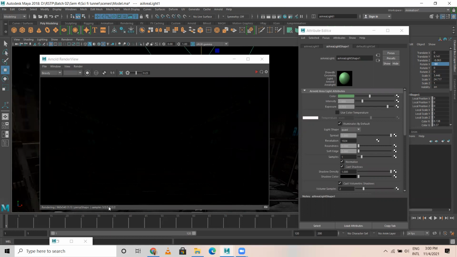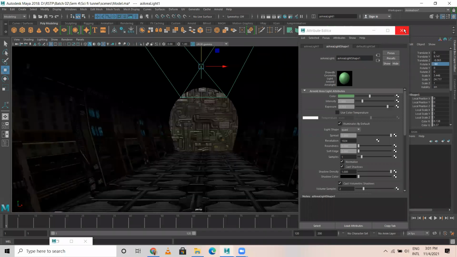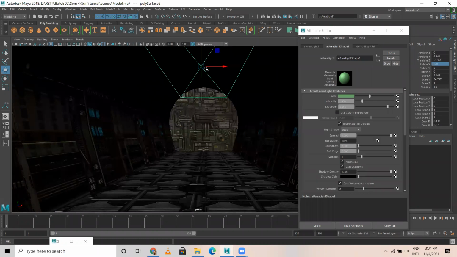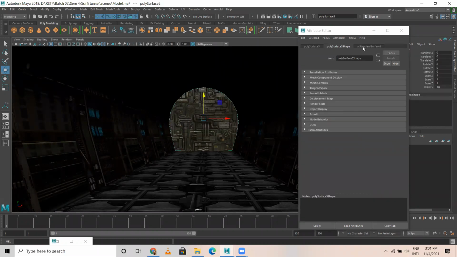Sample 3.2/2, multiple samples, it is picking. Let's see. Seems it is taking a lot of time. Okay, best part what I do, there's another option. I just remove this Arnold light. Let me render with the Maya default light.